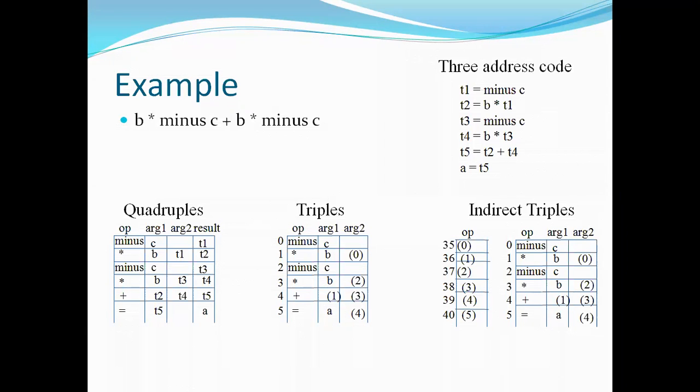That means you need to generate the translation statements from the given input expression by using the three address code representation, based on the forms of three address code representation. Then you need to show the three tables, and for the indirect triples you need to show the separate table for the reference numbers, that is, new reference numbers are assigned to the old reference numbers, and in the table for argument 1 and argument 2 you need to refer to the new along with the old.